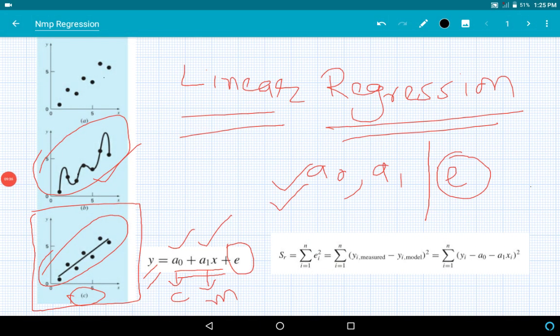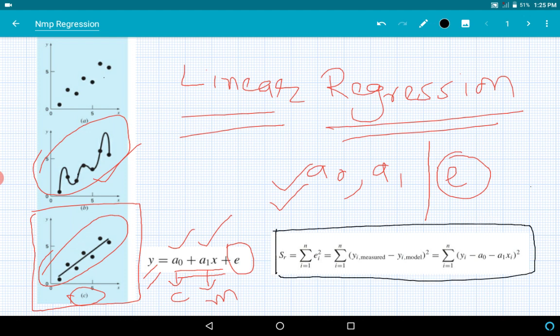Okay, so students, whatever I have discussed in the earlier slide, the same thing is written in equation form here. We are finding the summation from i equal to 1 to n. What is i equal to 1 to n? 1 to n is the number of points. So i equal to 1 will be the first point, i equal to 2 will be the second point, i equal to 3 will be the third point, up to the nth point.